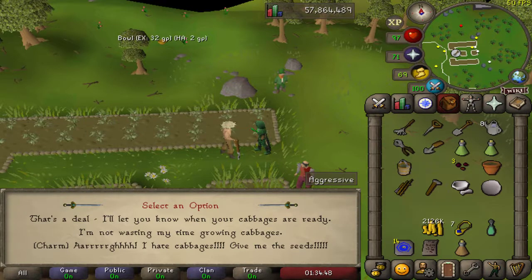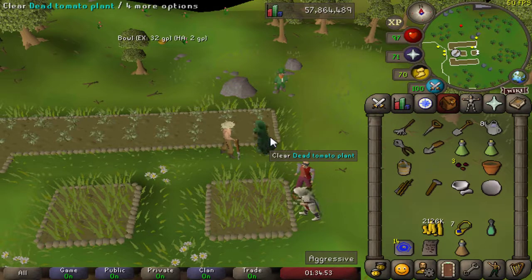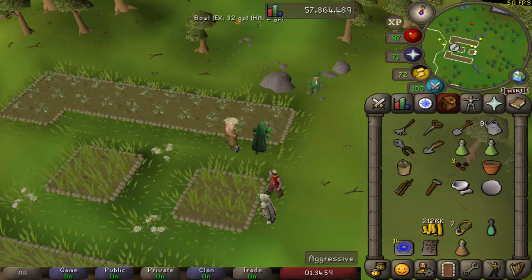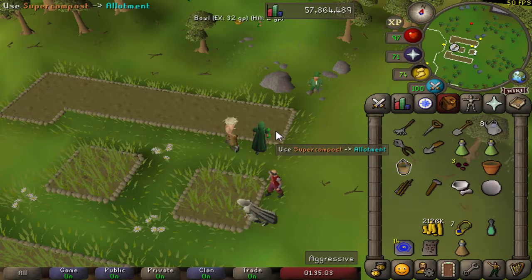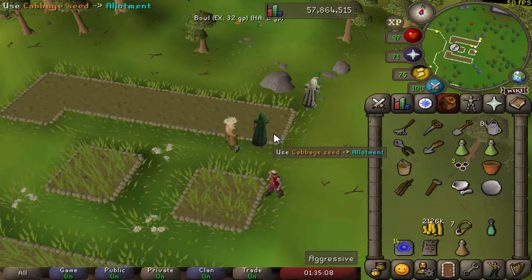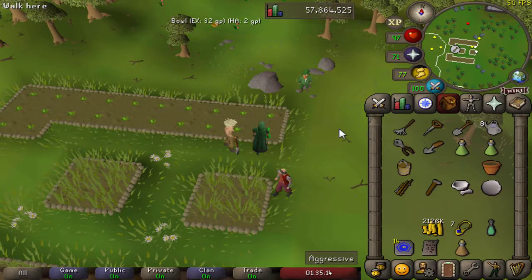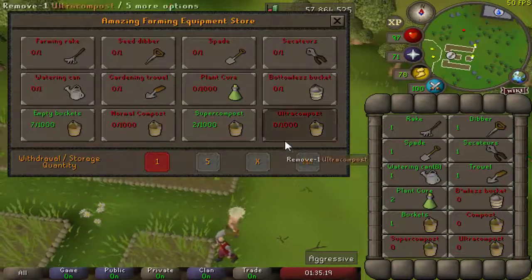Rake one of the 2 allotments. Select your Super Compost and hover it above the allotment, and now just wait until your character has done raking it. Use it on the allotment. Dip the seeds in the patch, drop your weeds, exchange it to a Leprechaun, drop the bucket, and let's now